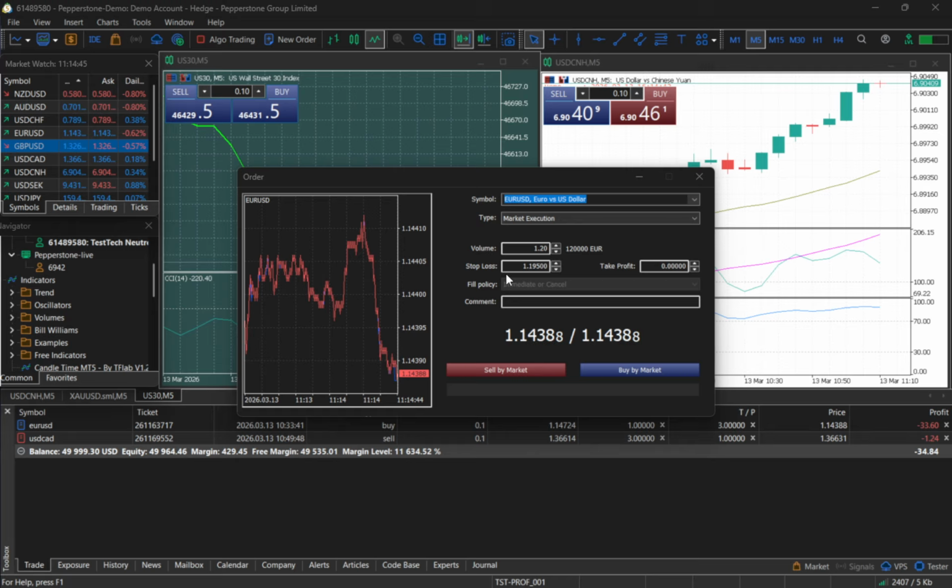A quick tip. For buy orders, the stop loss must be below your entry. For sell orders, it must be above. Also make sure you enter a full price level, not a pip distance, and match the correct number of decimal places for the instrument. If you forgot to add a stop loss when opening the position, you can add it